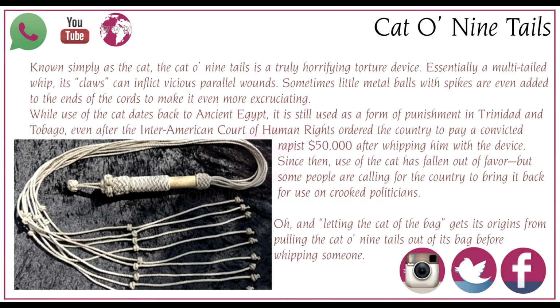Number 8 is the cat o' nine tails. Known simply as the cat, the cat o' nine tails is a truly horrifying torture device. Essentially a multi-tailed whip, its claws can inflict vicious parallel wounds. Sometimes little metal balls with spikes are even added to the ends of the cords to make it even more excruciating. While use of the cat dates back to ancient Egypt, it is still used as a form of punishment